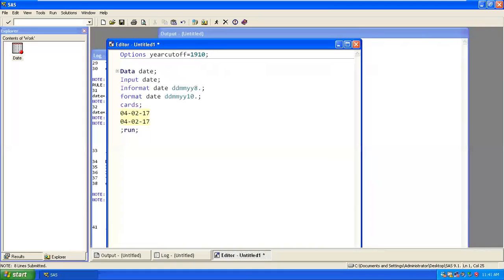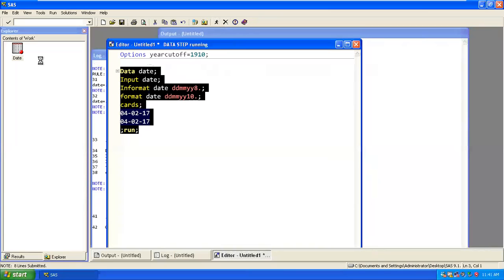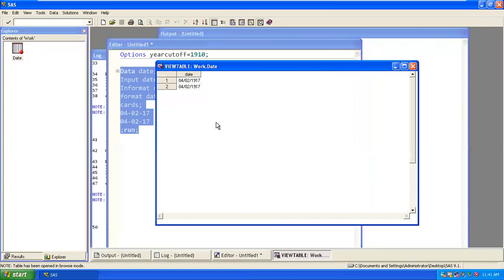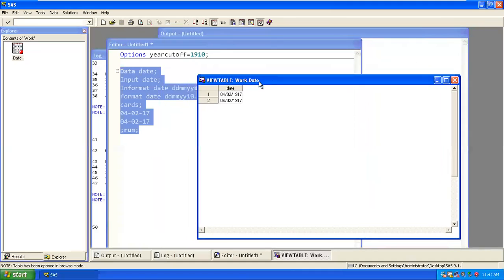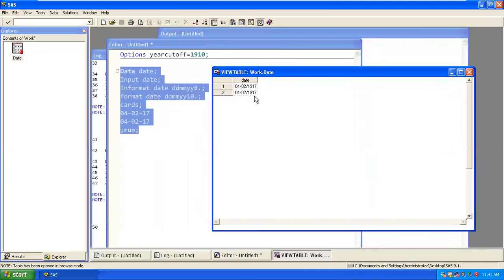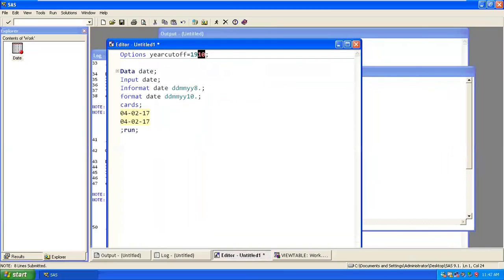Then run? No, run is not required. If you go ahead and change and execute this query below, let me check. Okay, now the value which you are getting is 1917, correct? Earlier the default was 1920. So what will happen based on this date: we are going to count the number of years. If my base date is 1910, the 17 will occur after 1910, after 10 only, correct? 17 is not going to occur before 10, correct?